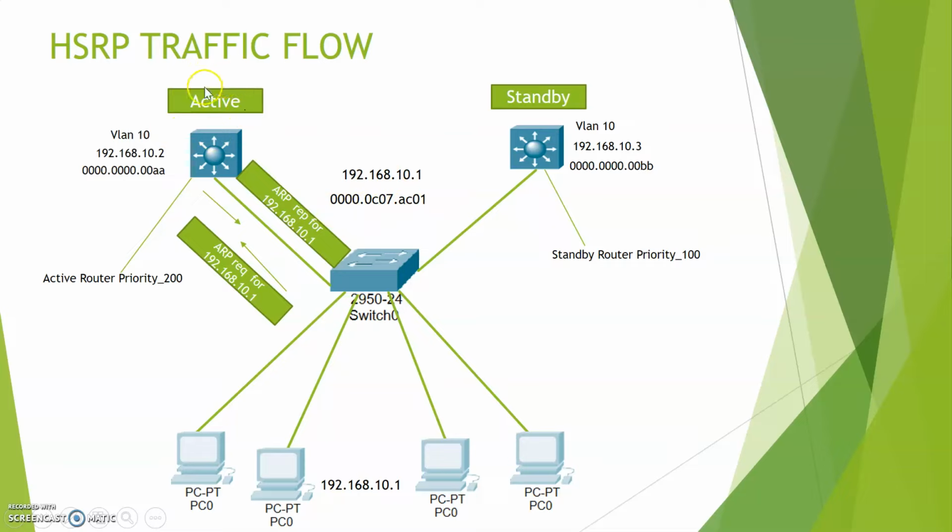The active router always answers the ARP, the address resolution protocol request, for the VIP IP. You should keep that in mind. So the active router, that is the router with the highest priority, always answers the ARP request for the virtual IP. Then HSRP always communicates using the virtual MAC address. So always one uplink will be utilized at a time. In case the active goes down, then the standby will take over the active role. And also keep in mind, we have to assign the VIP as the gateway for all these hosts, not the physical IP. We have to assign the virtual IP as the gateway for the connected hosts or clients.